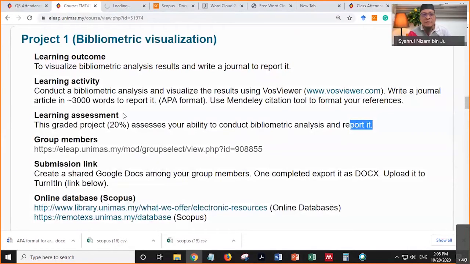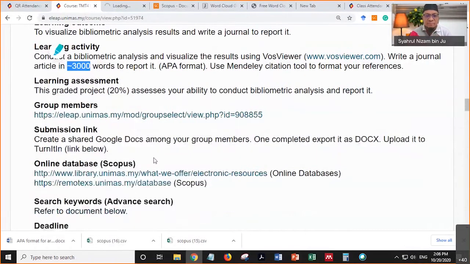So I think 7 is good enough for writing 3,000 words. Not that big a burden for you. Of course, you are not in the same place, but through WhatsApp, through Google Docs, you can write at the same time. 7 of you writing at the same time. Then you may edit it. Okay, so